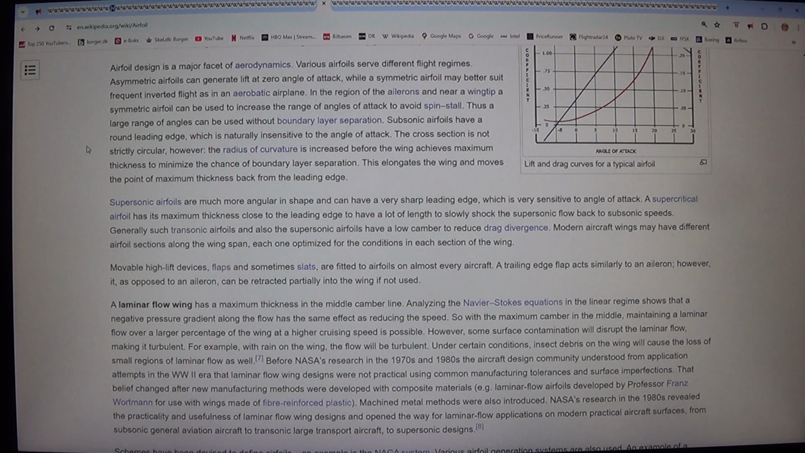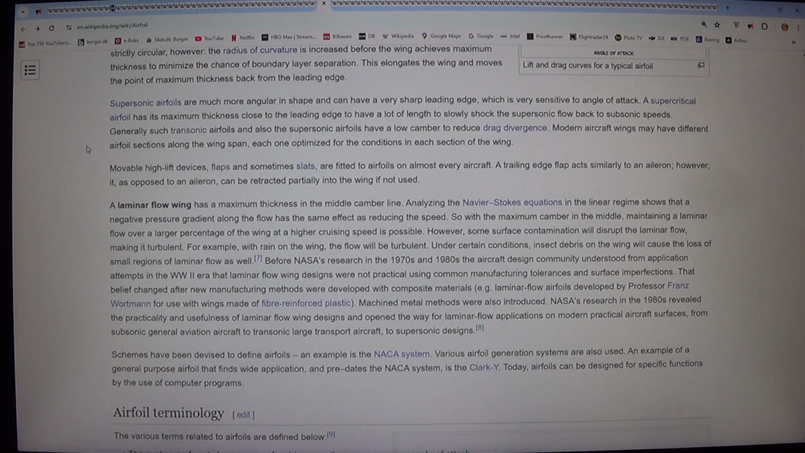A supercritical airfoil has its maximum thickness close to the leading edge to have a lot of length to slowly shock the supersonic flow back to subsonic speeds. Generally such transonic airfoils and also the supersonic airfoils have a low camber to reduce drag divergence. Modern aircraft wings may have different airfoil sections along the wingspan, each one optimized for the conditions in each section